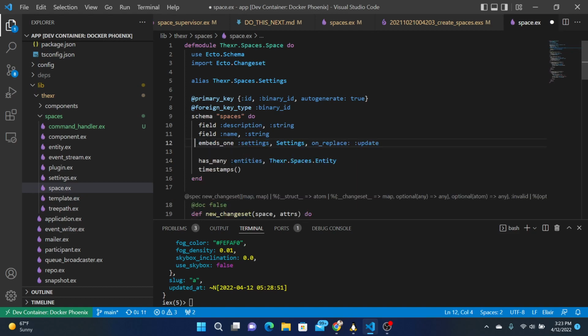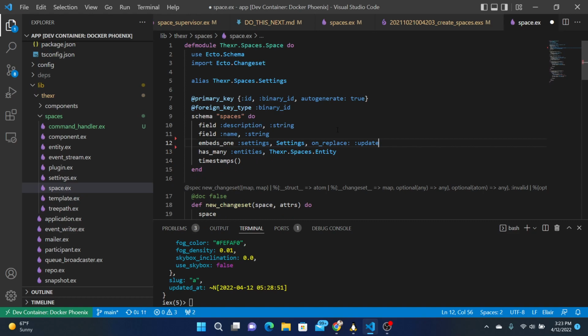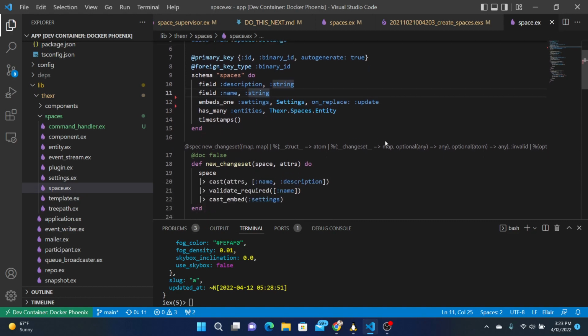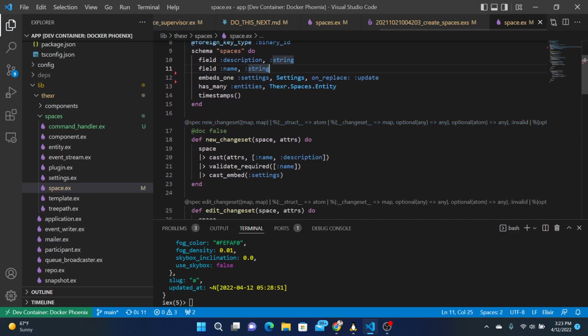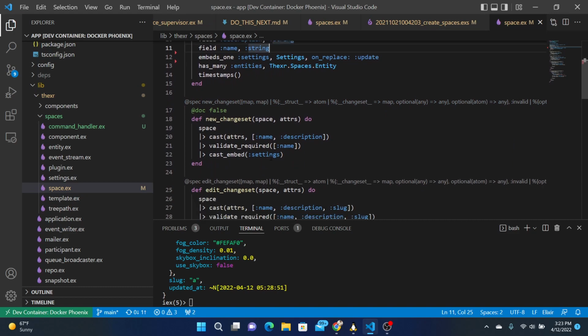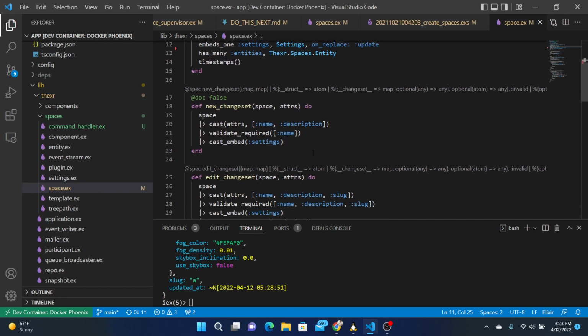This space is just a description and a name. That's it. It has other things on it. That's basically it. New changeset says, okay, I'm going to cast the name and the description and validate that the name is required. Cast embed settings if provided. Okay.